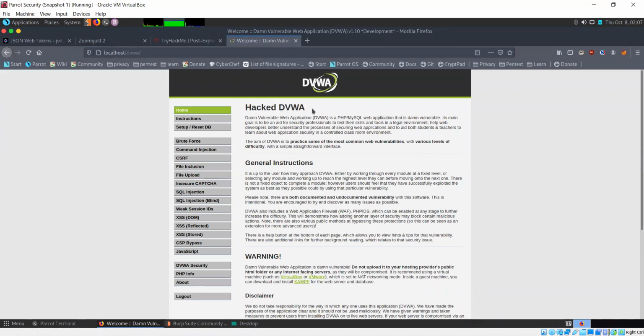So with a web shell, basically you can do whatever you want on a server. And if this kind of file vulnerability exists, then of course you've just seen what can be done with that.